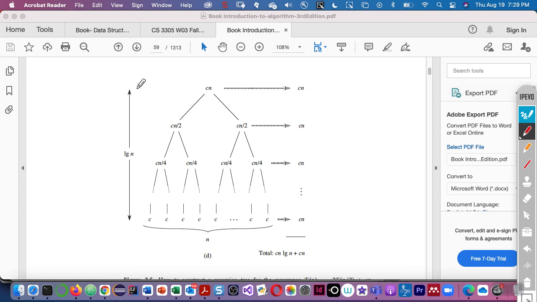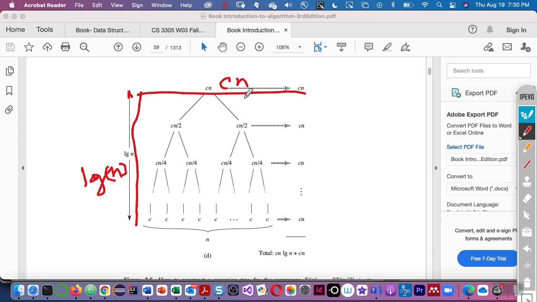Okay. So how do we calculate the total time complexity over here? Let us make a rectangle like this. If you draw a rectangle like this, this side is log n, and this side is cn. The total will be, rectangle, multiply it, then we will get,